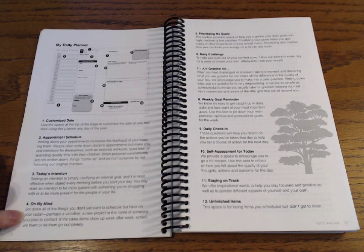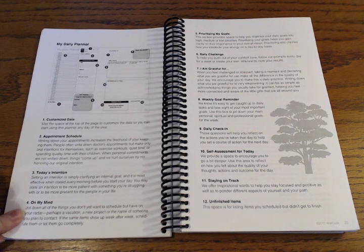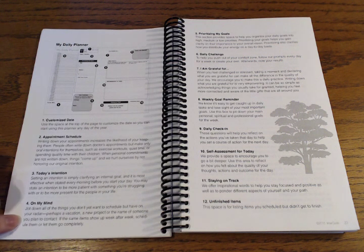Then you have an on your mind section, which didn't really make sense to me at first, because why would you write down things that are on your mind on a daily page? That seems more like a brainstorming or a brain dump type of thing, where you would want that in a list. But it says to do that